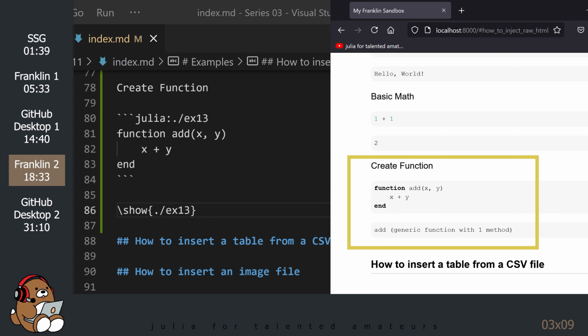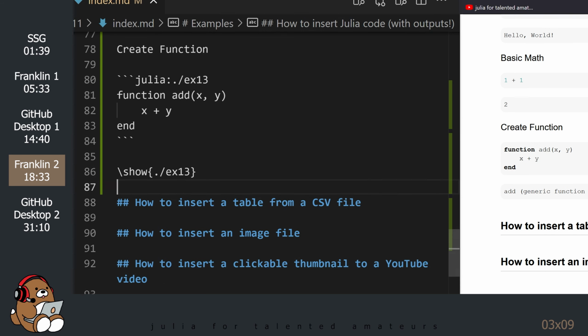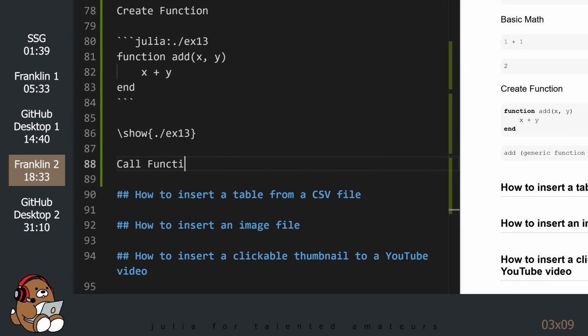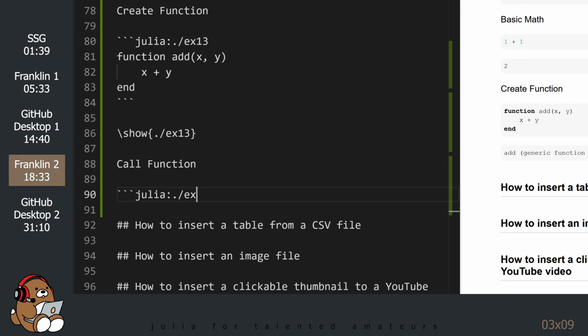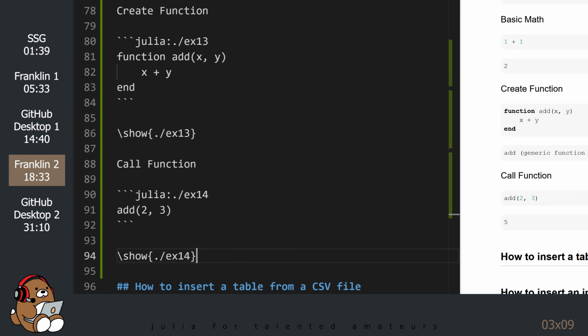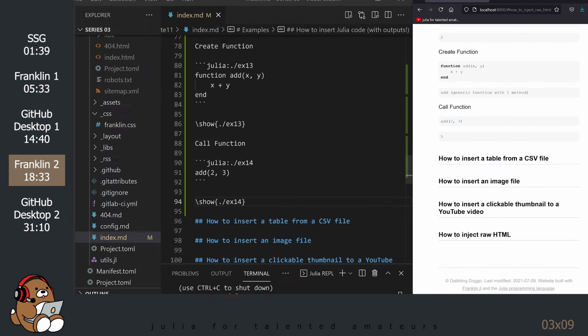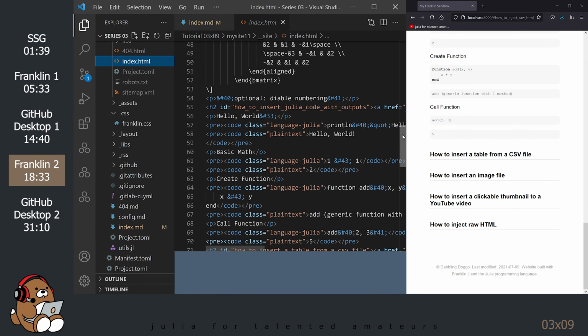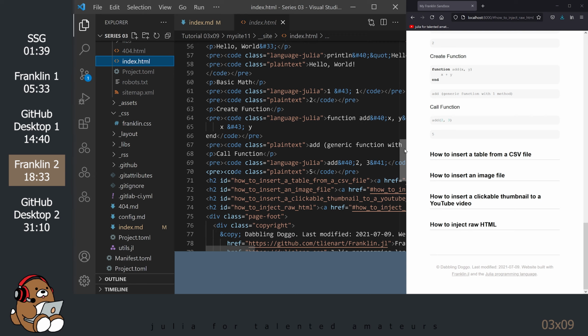This may not seem that exciting, but check this out. Save your Markdown file and take a look at your index.html file.